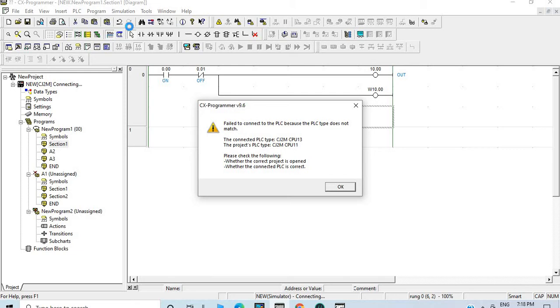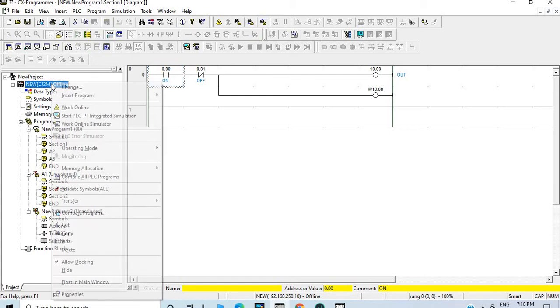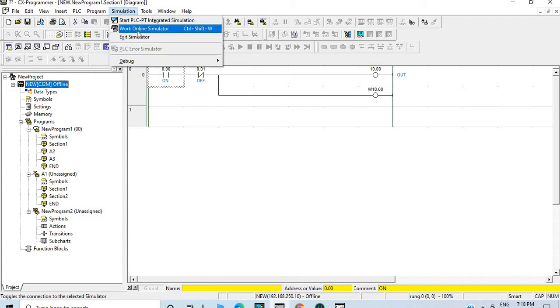Okay, you can go to change. That is taking a little bit of time. Okay, from here you can go and check the simulator or exit the simulator.